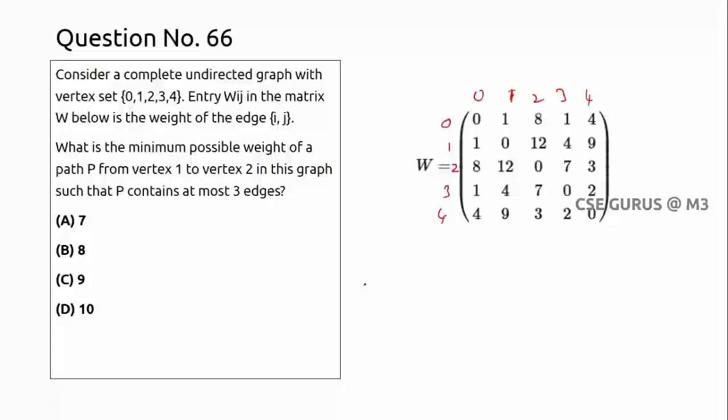So you have to find a path. Anyway, the vertices are 0, 1, 2, 3, 4. You have to find a path from 1 to 2, which is a minimum path and should consist of at most 3 edges. That means it should be like this: 1, 2, 3. Let us suppose 3 edges means the first vertex is 1 and the last vertex is 2. So in between you may have 2 more, which from the options can be either 0, 3 or 4. So among these 3, 2 should be here, such that you find the shortest path. At most you can take, less also.